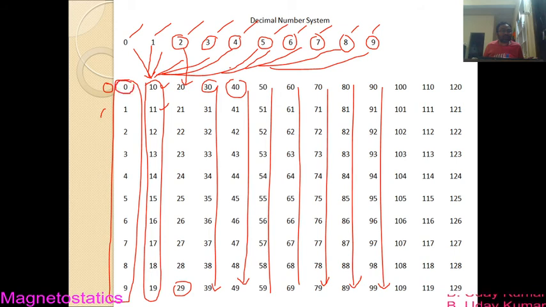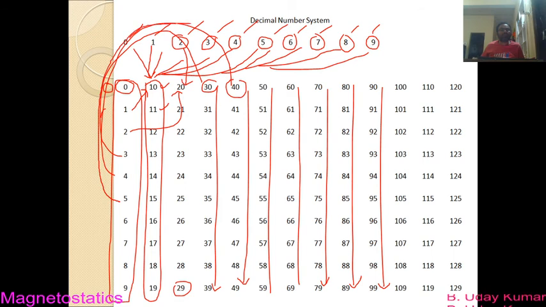So this is 0, okay, that you got. So these are all the combinations that you write with 0, right? So that means 0 combinations are over. And the next, 1 combinations, are where? So 1 combinations start from 10, and 2 combinations start from 20, and 3 combinations also you have written here, and 4 combinations you have written over here which start from 40, and 5 combinations you have written over here,